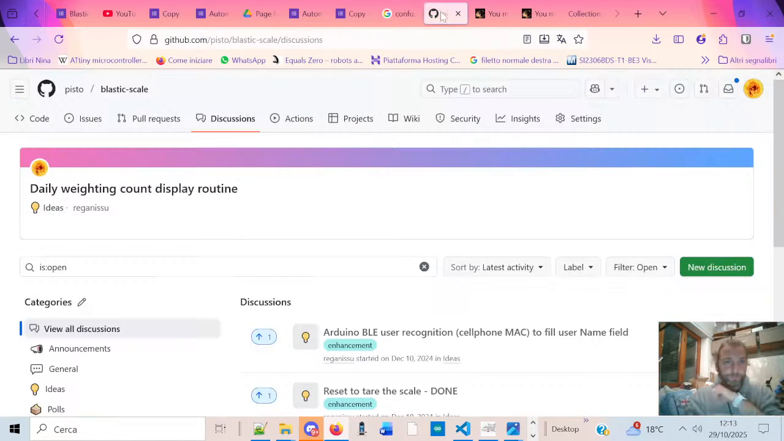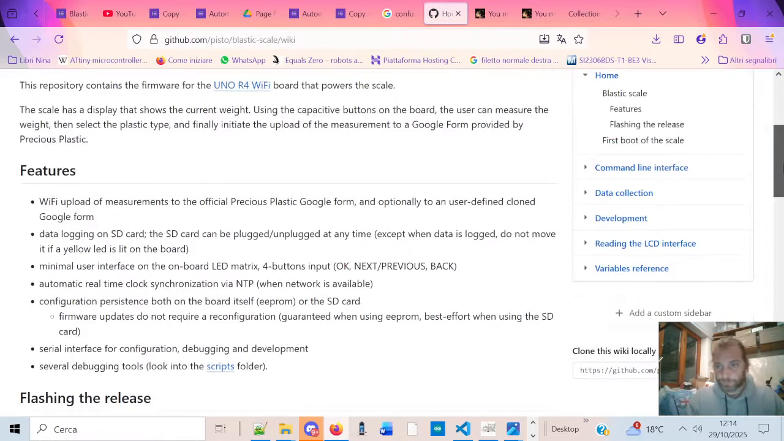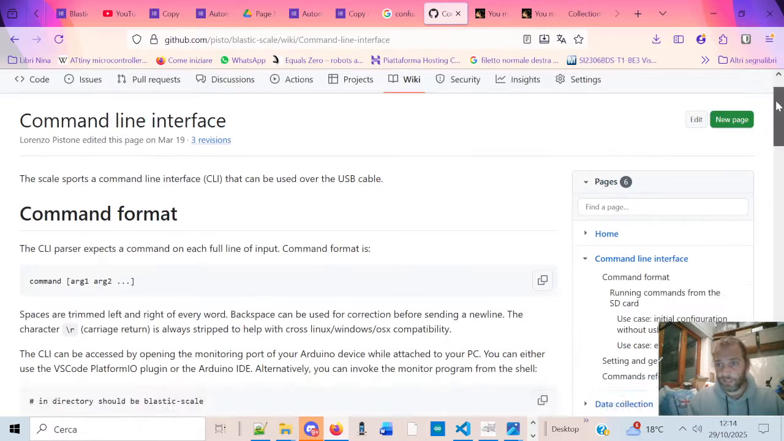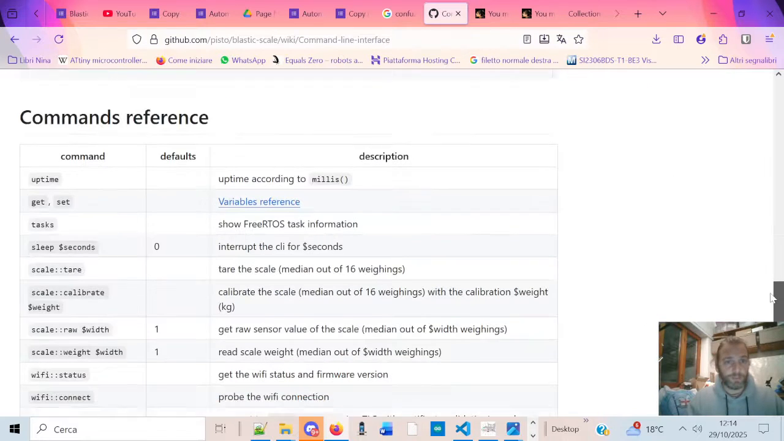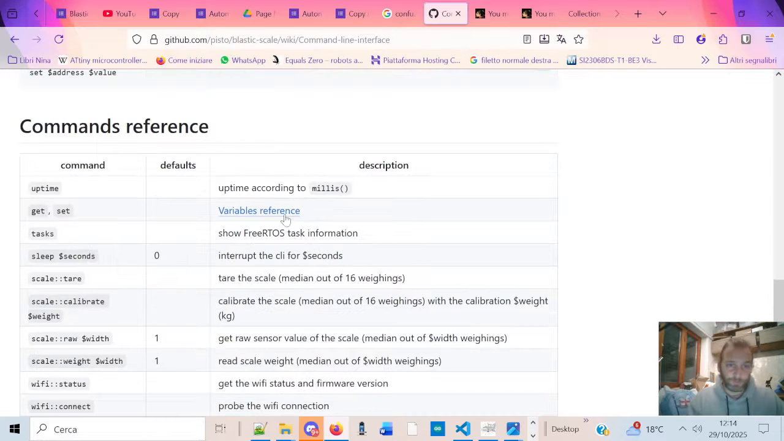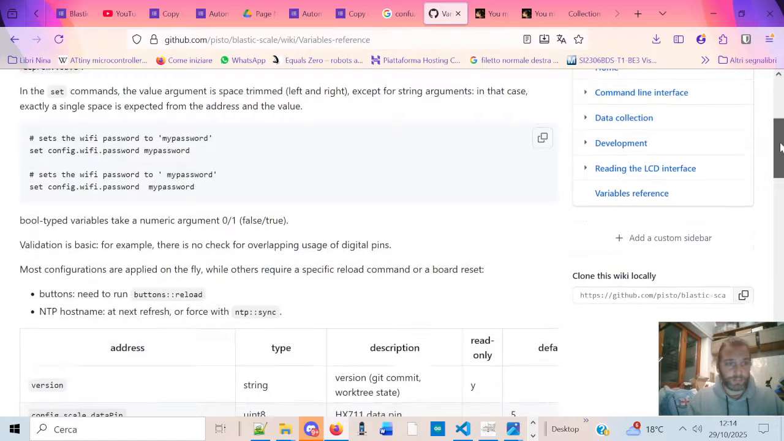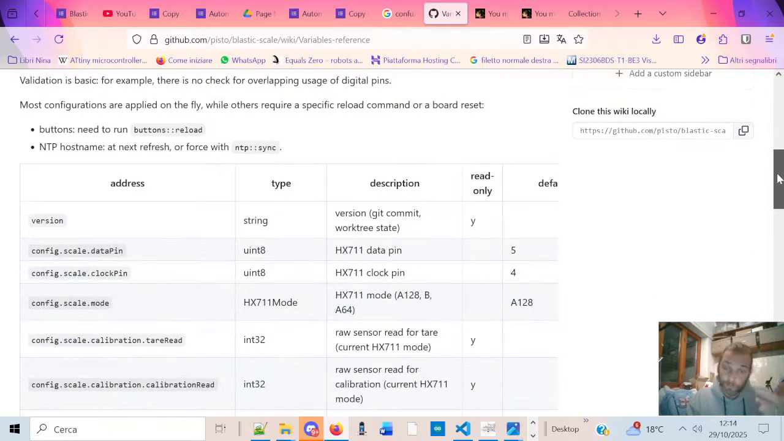So I go to the wiki of the project on the Blastic Scale repo on GitHub, owned by Pisto. I go in the wiki, I choose the command line interface section, and there I would like to go to the command reference. I want to go to the variables reference, clicking there. And now I want to use the set and get commands,